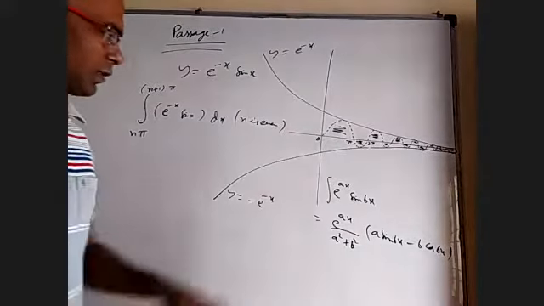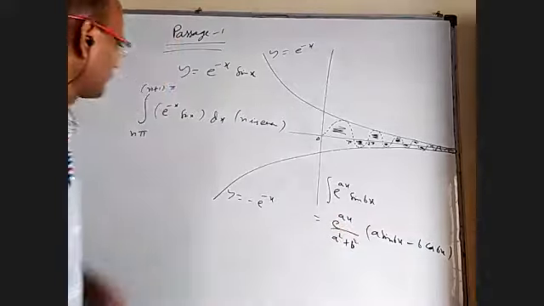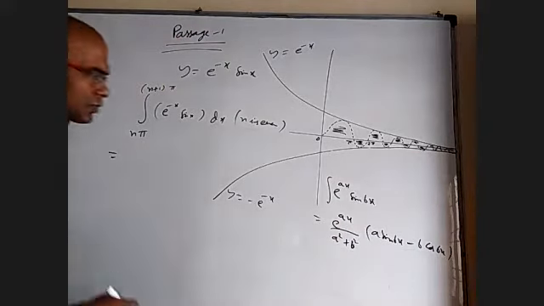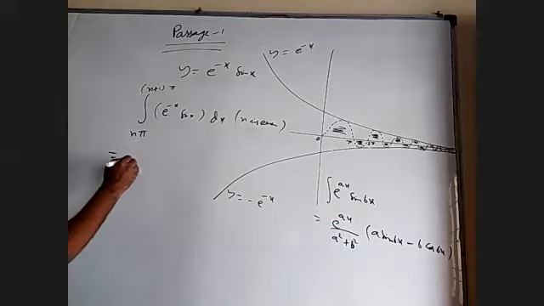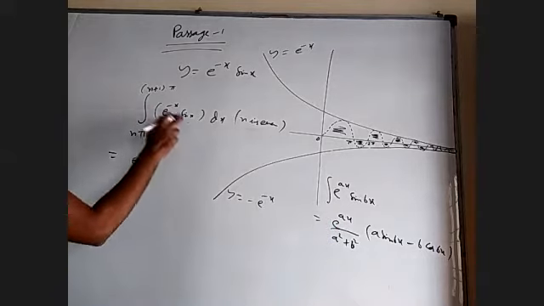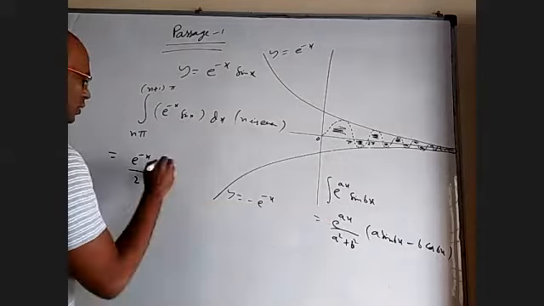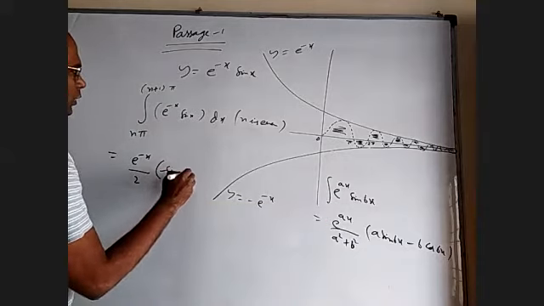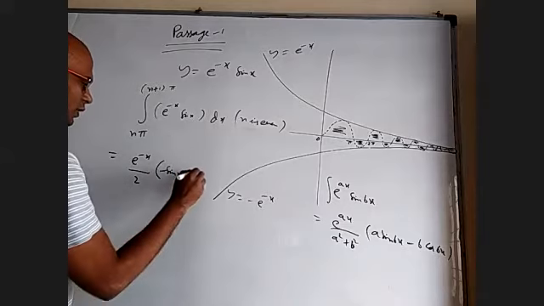Anyway, this is a formula, and I'm going to use that here. I can apply by parts twice, but I just want to save time. So this is e power minus x, 1 square plus 1 square is 2. According to this formula, minus sin x, b is plus 1, so minus cos x.